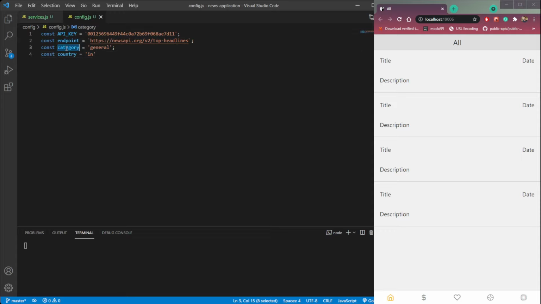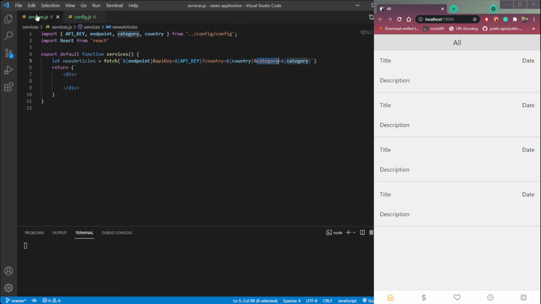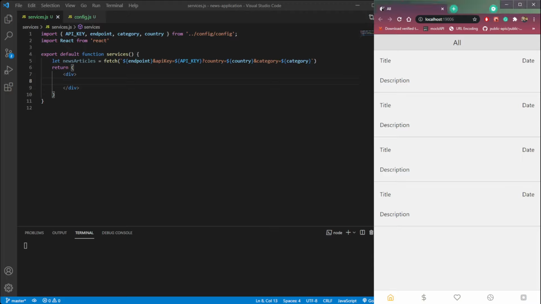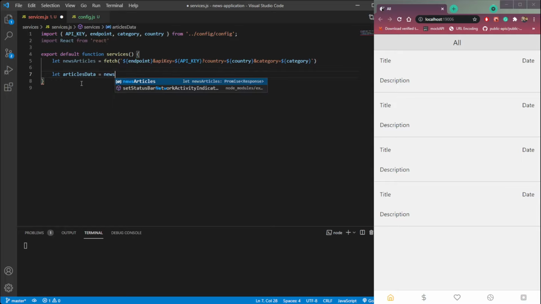We have set the country as India and category as general, so it will show us India news in the general category. Now we need to store these news articles in a separate variable. So let articles data equal to news articles dot JSON. We need to convert it into JSON format.